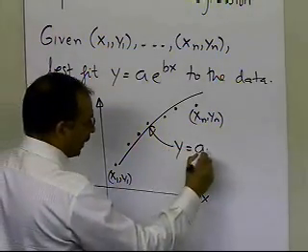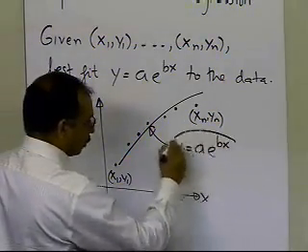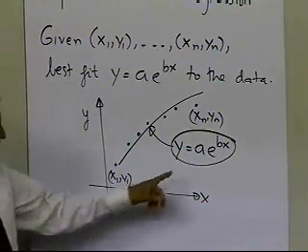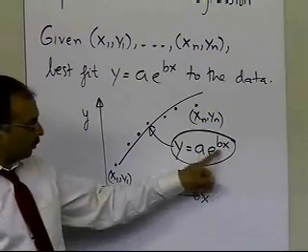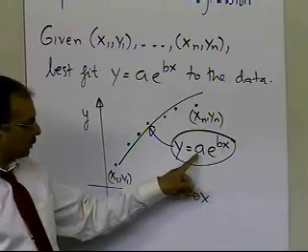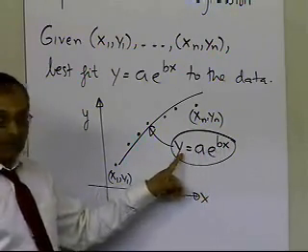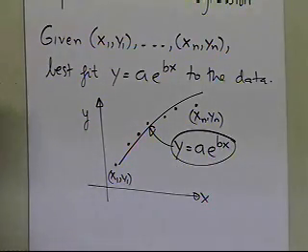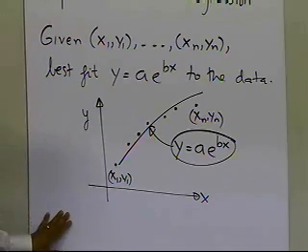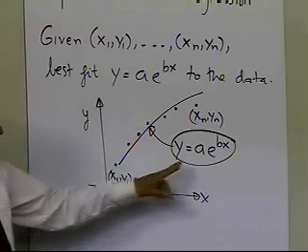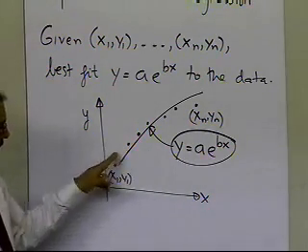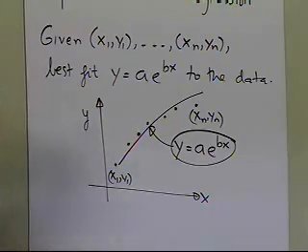So y is equal to a e to the power bx is your exponential model. So again, the constants of the exponential model are a and b, and that's what we want to be able to find. If we're able to find the values of a and b, then we can predict the value of y at any value of x which you might be interested in. So let's see how we will go about finding the values of a and b if we are trying to regress this exponential model to these data points.